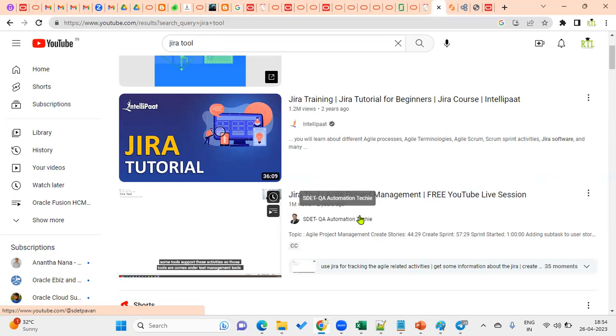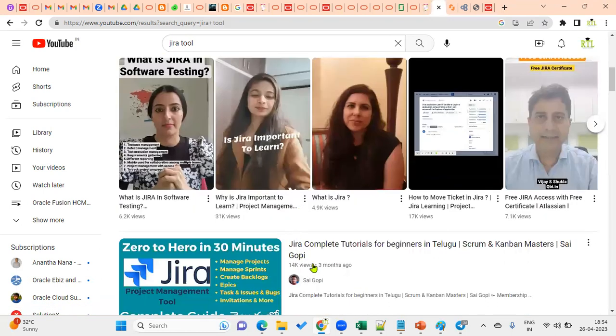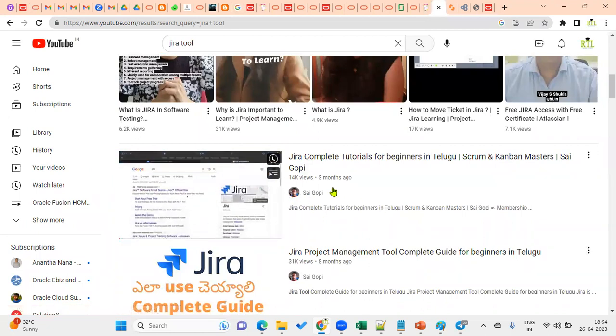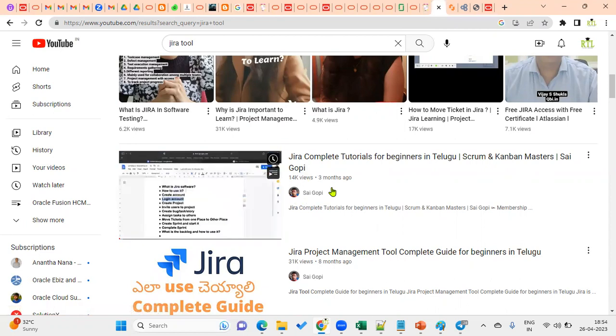So you can just go through ServiceNow, Jira, GitHub. GitHub is basically to maintain all our documents and the history of the documents. So it's better to have an idea of these tools. Generally, they won't ask in depth, but you can have information on what is what about the tools. These are basic questions other than the subject.